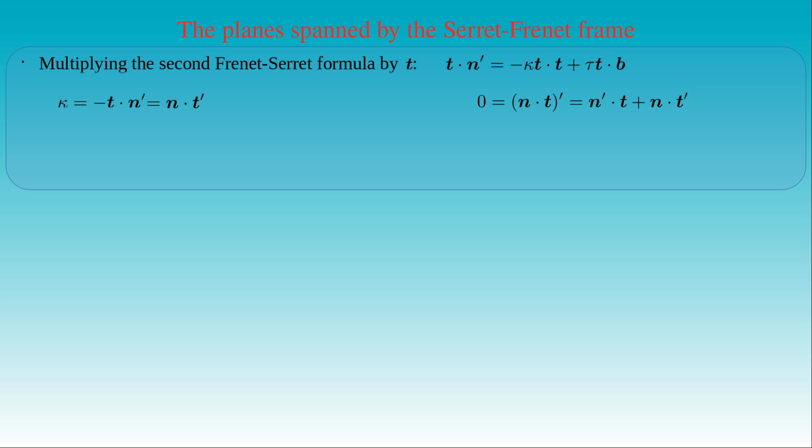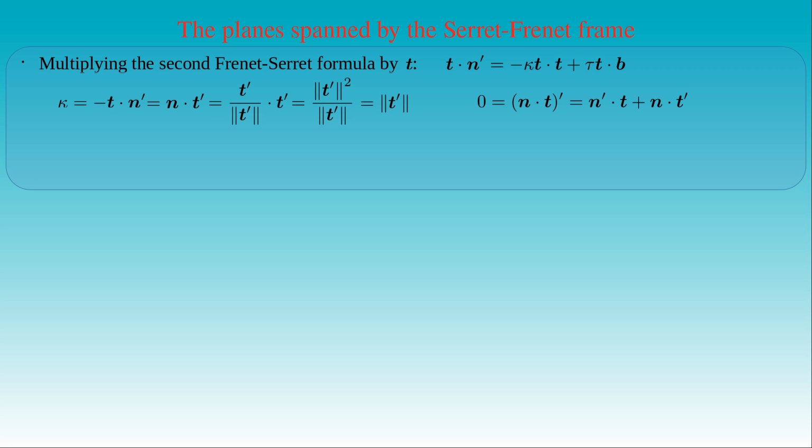Thus, we have the dot product of n and the derivative of t, where n is just the normalized derivative of t. Since t prime times t prime is the square of the length of t prime, we obtain the length of the derivative of t, which is the function kappa. Then we have a consistent result.